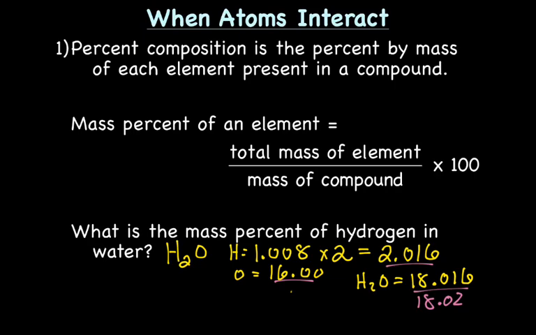Okay, so now to figure out the percent hydrogen, we take the total mass of hydrogen, which was 2.016, divided by the mass of the whole compound, in this case 18.02. Multiply that by 100, and that gives us a percent of